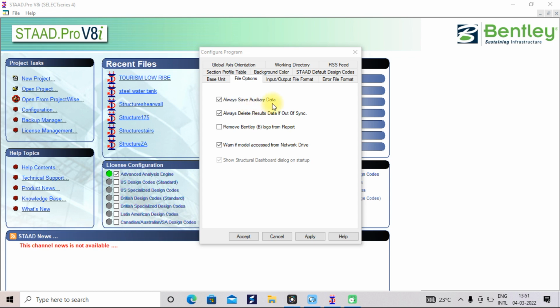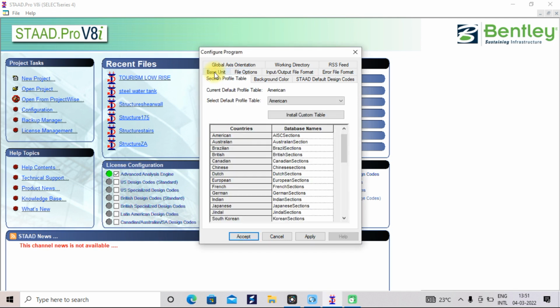Always save auxiliary data, always delete result data if out of sync. Remove Bentley logo from the report. So from here you can check or uncheck as per your preference. Okay, and one more thing is that from the